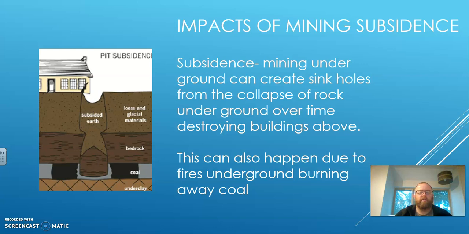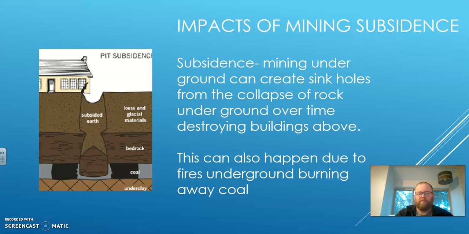So one of the first impacts of mining that we're going to talk about is subsidence. This happens when the area beneath something starts to break apart because it was mined underneath. You can see in the picture what would happen if your house was above it. This is because the coal, or whatever is down there, it could be gold, whatever rock has been mined away. And then over time, it just sinks and will break apart,